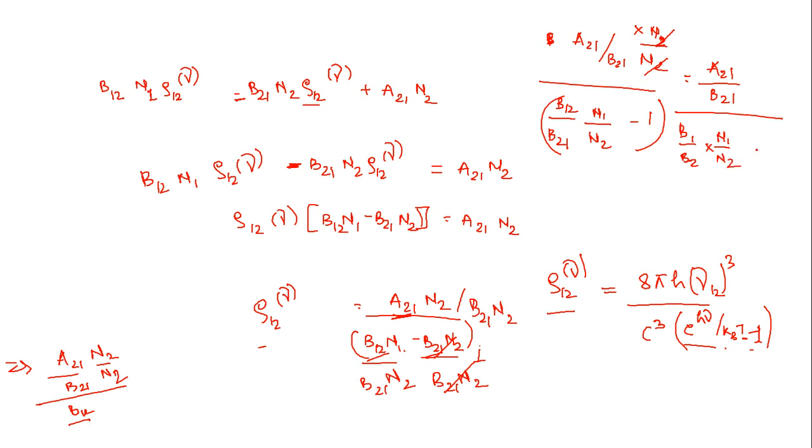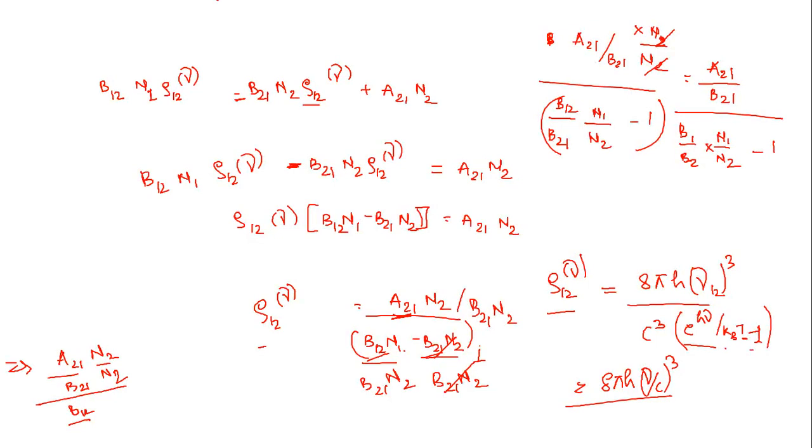Now when I compare this whole thing, e to the power minus h nu by kBT and B12 by B21 into N1 by N2, and what I have done here is 8 pi h nu by c whole cube, I have written this entire thing in the numerator. The other thing is, N1 is greater than N2, and you can say e to the power h nu by kBT. So we'll just compare it with this equation. I'll go to the next page. So in this equation, what we had got is,